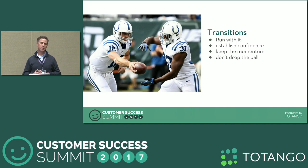It's important that it gives the customer confidence that you are there to help them. You pick up the ball very quickly. You don't drop it. You keep the momentum going, and that momentum keeps confidence building. When the customer knows that as soon as the sales deal has happened, their CSM has been introduced by the head of CS, they have a list of instructions that they're able to pick up with, and they know who to contact next, those build a sense of confidence from the organization that we are actually caring about you